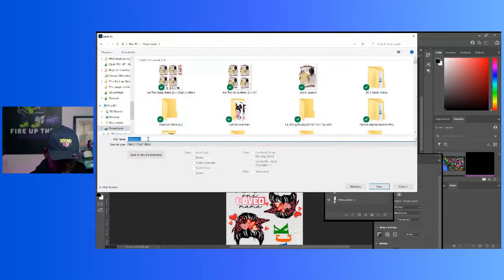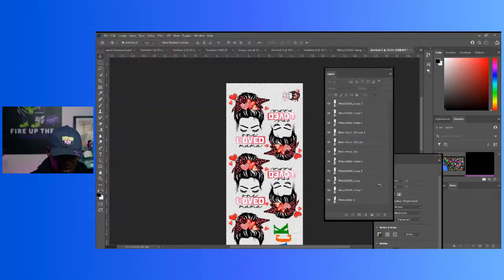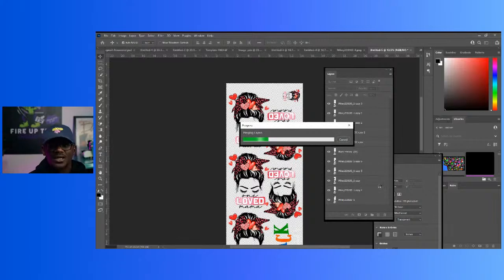I'm going to say fake gang sheet, because this is a fake gang sheet for me. I don't want to look into it later and say, oh, did I print this? Fake gang sheet. I can't spell it. All right. So that's how you would save it. And now this file here is ready for you to send over at